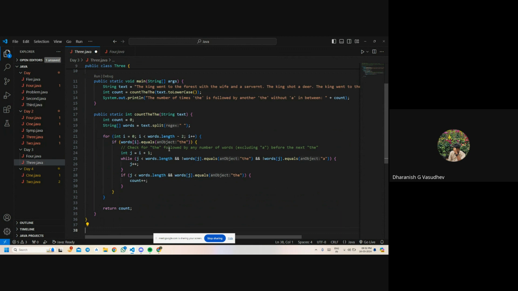As long as a does not follow the word, the loop goes on. Okay, explain to me that while statement, line number 25. So you are finding, okay, line number 22, you are finding the first "the", right? The first "the" is found. Then from the word next to the first "the"